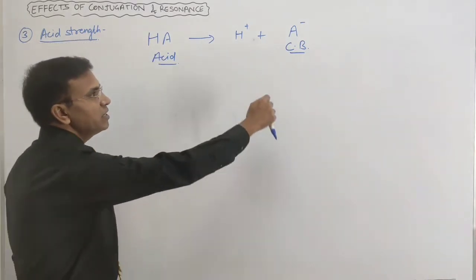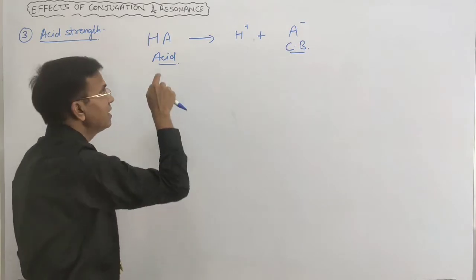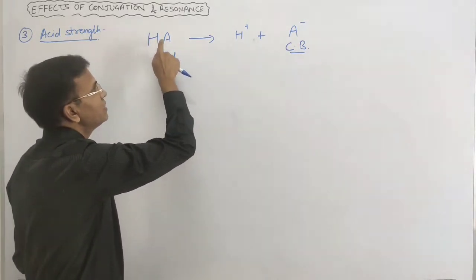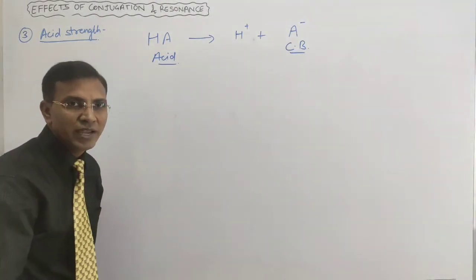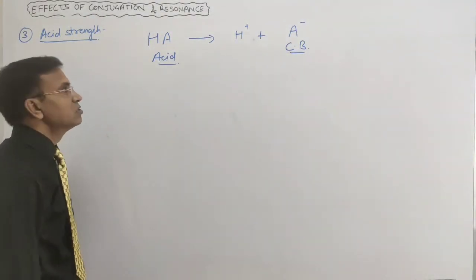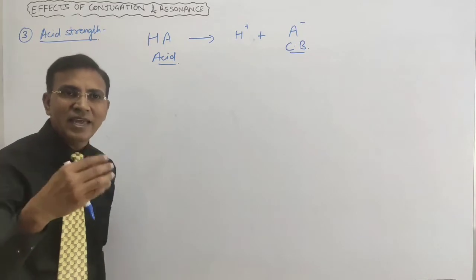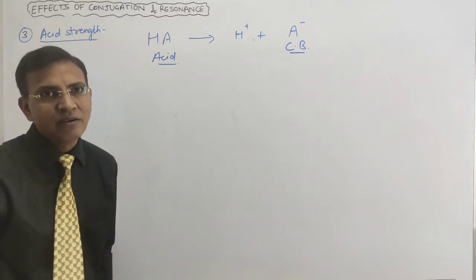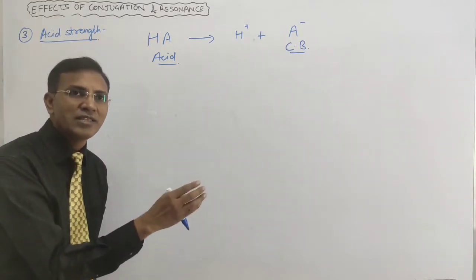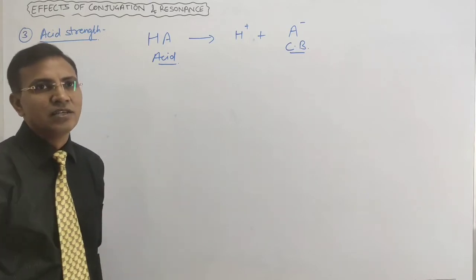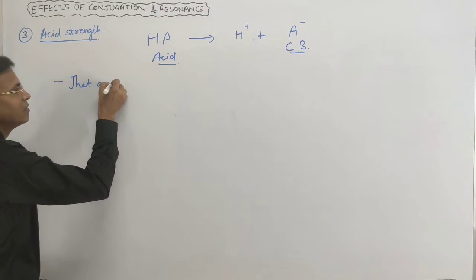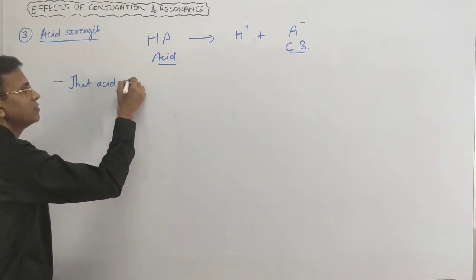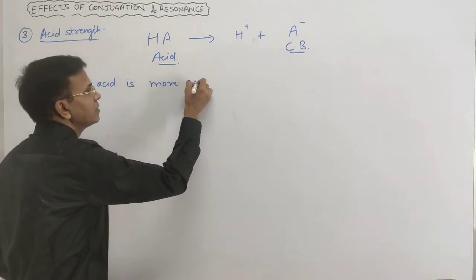So if this conjugate base is more stable, then this acid releases H positive easily and converts to the stable conjugate base, right? So the more easily the H positive ion is given, the more strength the acid has. So that acid is more acid strength